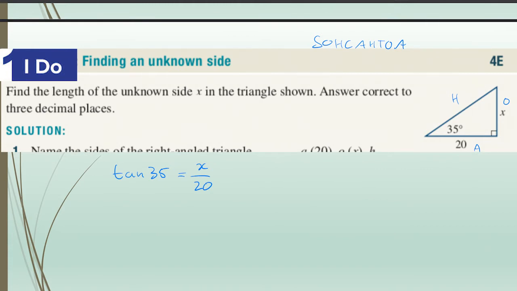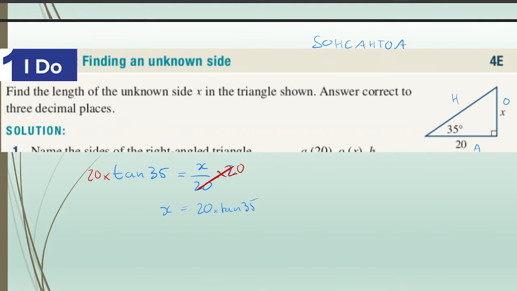Now I need to rearrange the equation to make x the subject. Now we talked about this briefly in our last lesson. When we have something like this, we divide by 2. Well, the opposite is true here. Instead, we have x divided by 20, so we need to times both sides by 20 to cancel that 20 out. So now I'm just going to write it like this. So x is